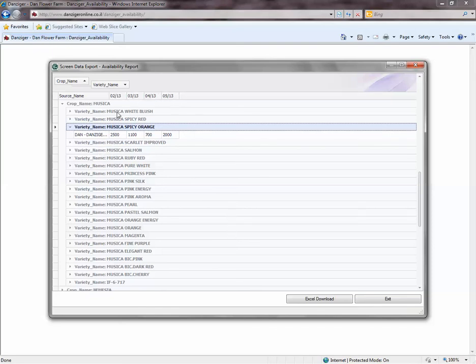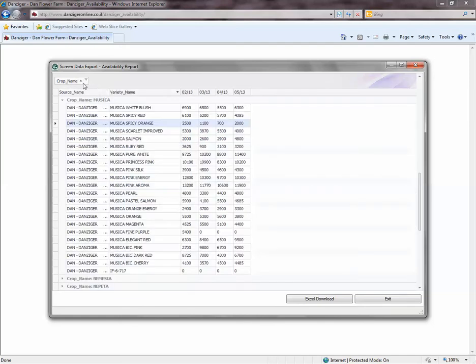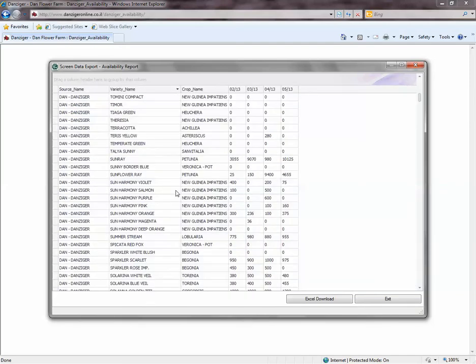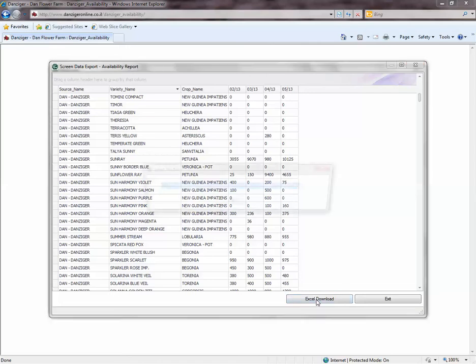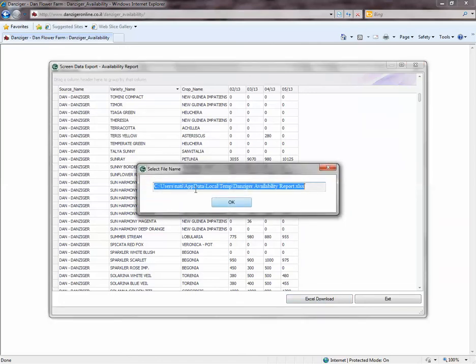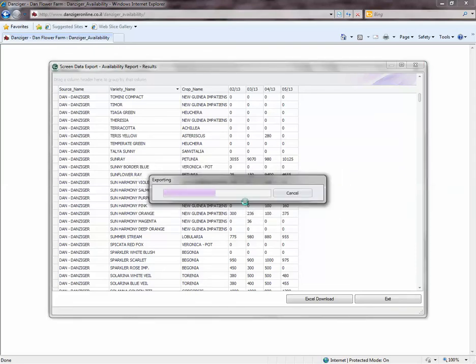Now all these sorting and filtering and grouping can be easily downloaded as an Excel worksheet. I'm going to show you that just now, but if you want to ungroup, all you need to do is drag it back to the relevant columns and it should arrive at the same table we started off with originally. Again, you click on Excel download and it should download it for us to a default location, such as in this case. Click OK,